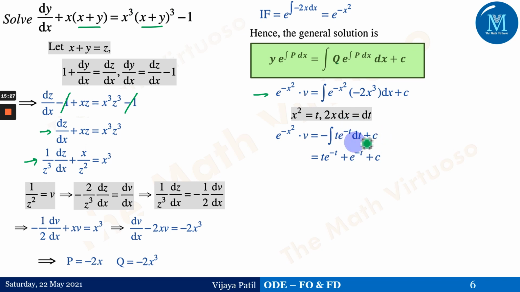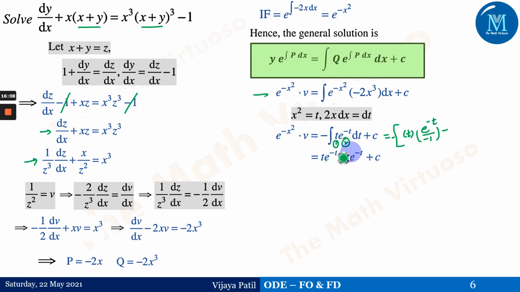And then we have to go about the LIATE, or you can say the integration by parts rule. You can follow the sessions from the channel wherein I've explained how to go about integration by parts in a simple way. So first function, according to the LIATE rule, is t and the second function is e to the power minus t. So first function as it is into integration of the second, that is e to the power minus t by minus 1. Because of this minus sign, let me write down this in-between step here: a minus sign, t as it is into integration of minus e to the power minus t by minus 1, right?